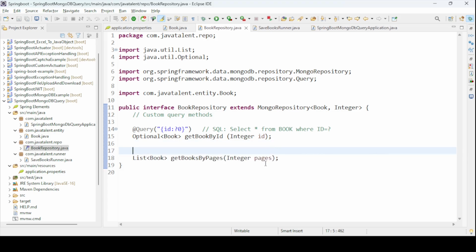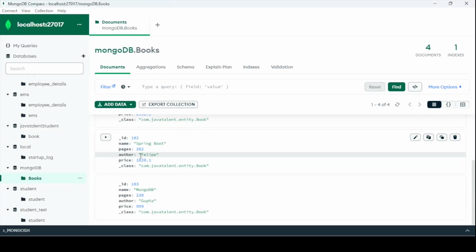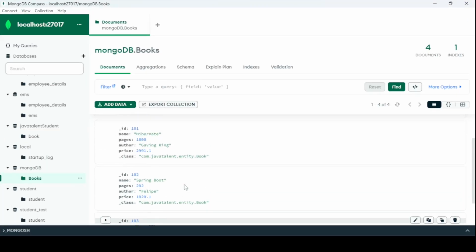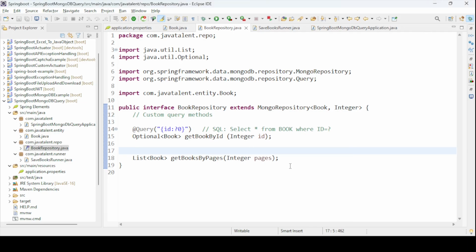So for example, if I am passing the pages as 200 or 203, let me see what we have given. So for example, 202 pages, 230 pages, 500. I will create more records so that we can test it out more clearly. In this example, I just wanted to use that, so I will pass the same query,